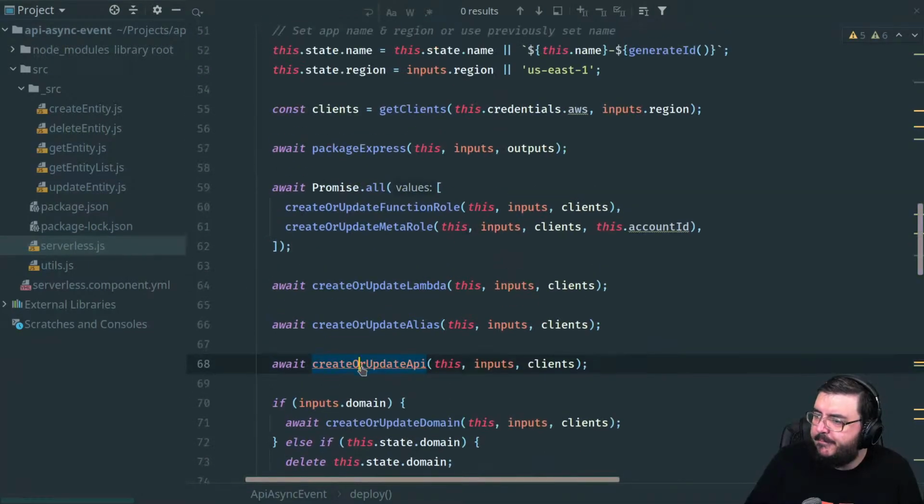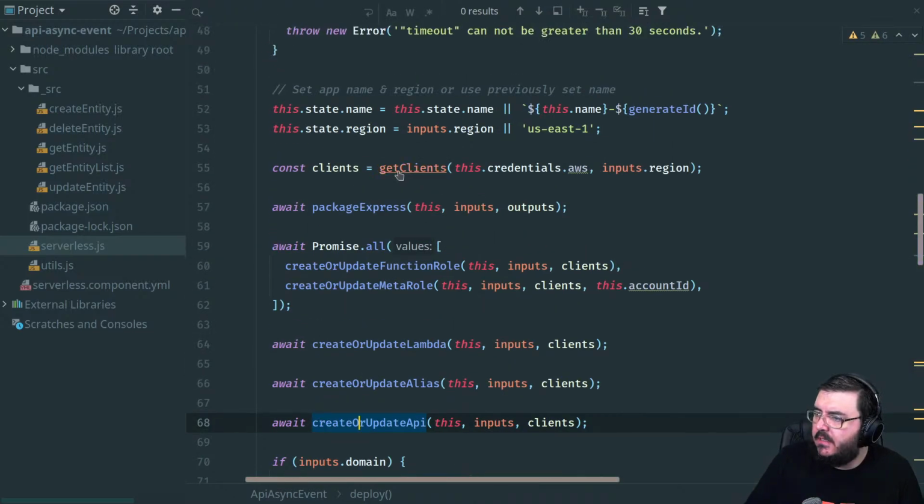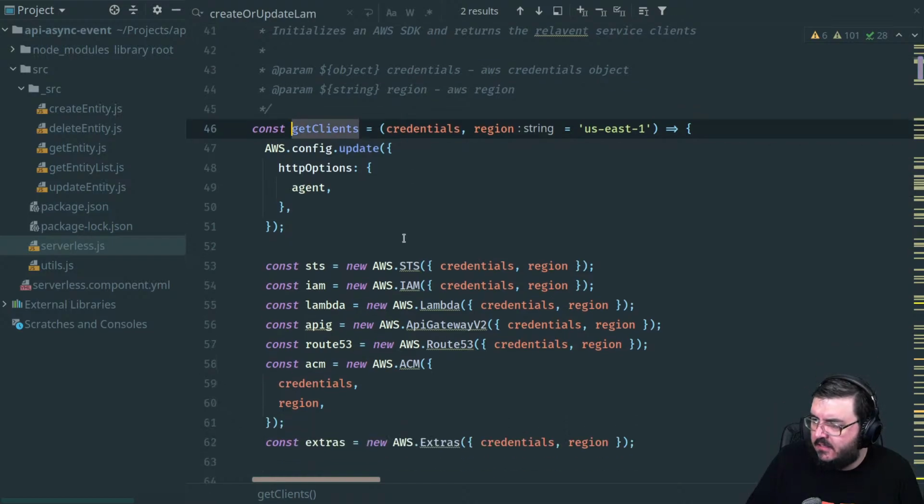All right. The clients that were originally created, let me actually take a look at this because we have get clients here, and this is going to create API Gateway v2 client. Okay. So let's go take a look at the documentation for this because we could just call stuff there.